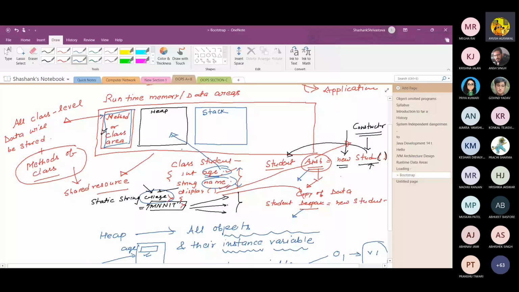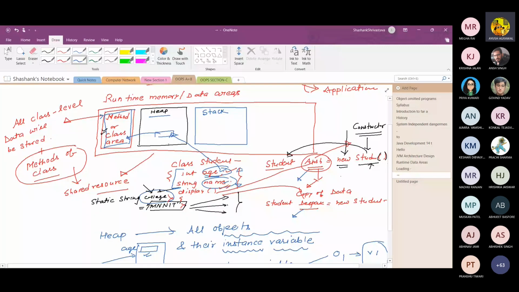Basically there are multiple data fields in the class. But the data memory is always created at runtime, when the object is created. In the method area, only the method code is loaded into memory. But when the object is created, the object creates the memory for age, name, and all the variables, and some pointers which point to the methods loaded in the method area memory. So at runtime, please do not confuse this.